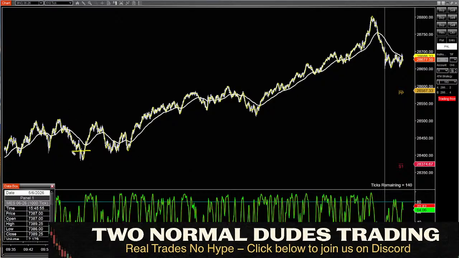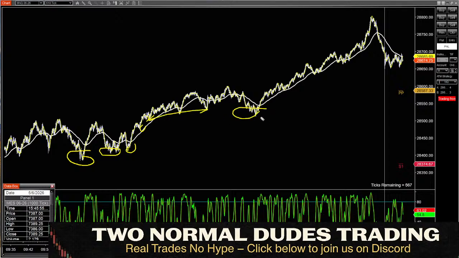There was only one time on the NQ today that it breached anything that even gave us remotely a chance to think it might be going down. You've got to trade what you see, and as long as you see higher highs, retrace, consolidation, break, retrace, consolidation, break, you're thinking longs. You're long, long, long.